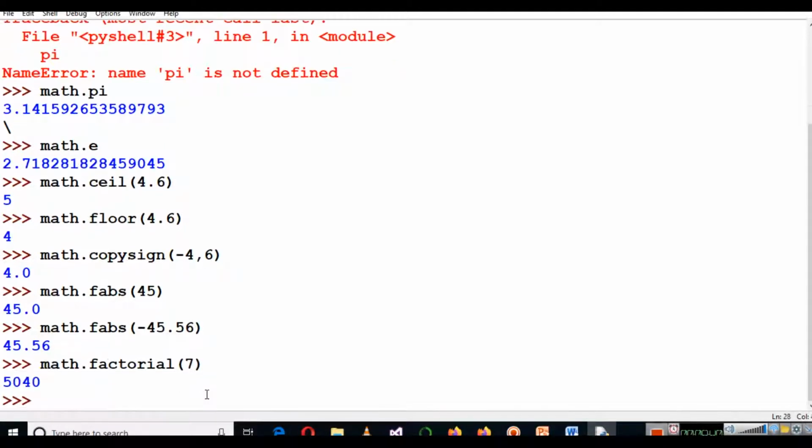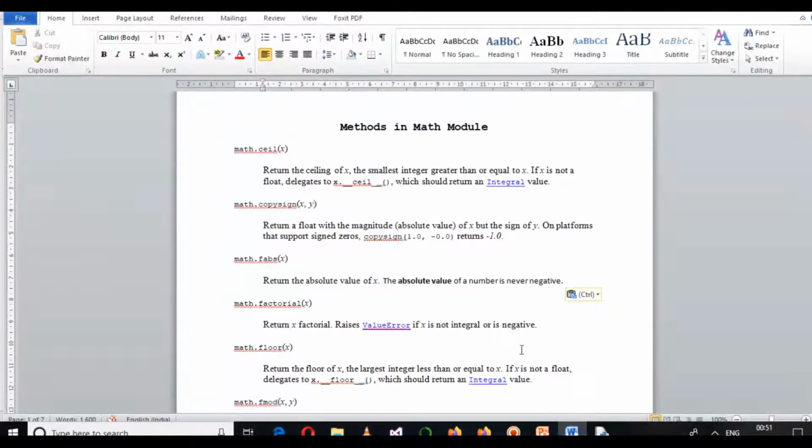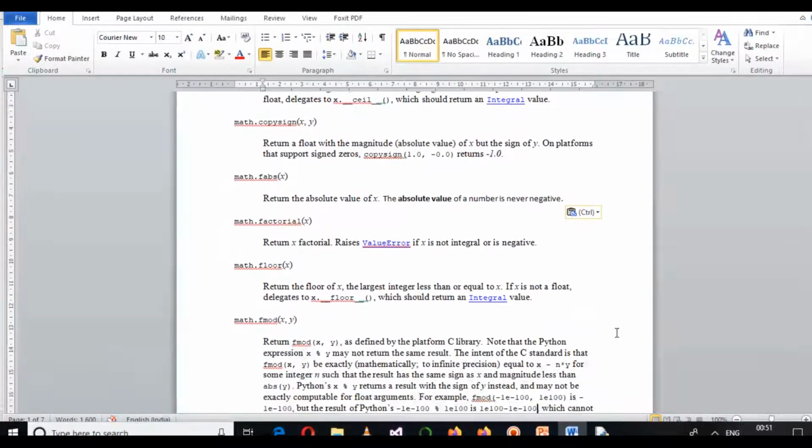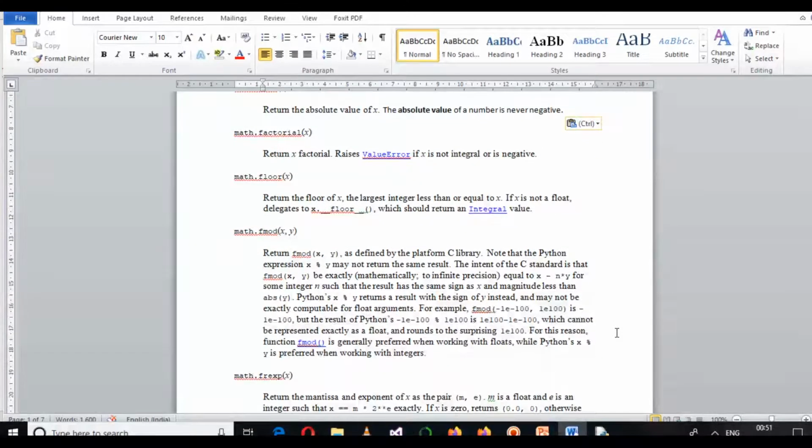So it will give me 7 into 6 into 5 into 4 into 3 into 2 into 1. That is the work of factorial. This method returns the factorial of any particular number. Next we have already discussed floor. The next method is fmod.